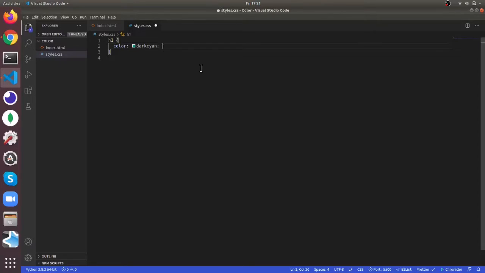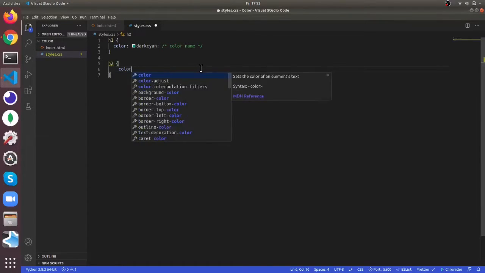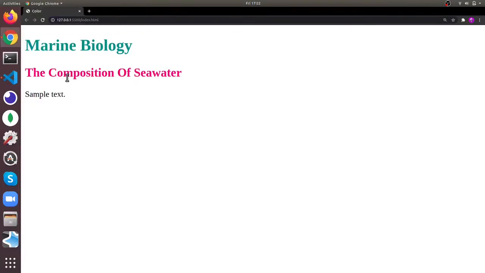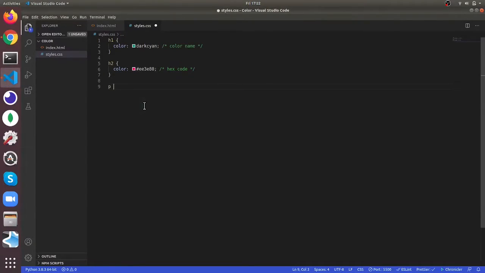h2, this is first we use this here, this is called the color name. Then h2 we'll give color #EE3E80. We'll give comment like this in CSS. Then hex code, this is called hex code, and then p